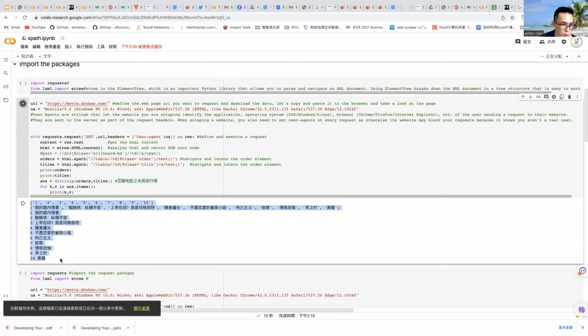This is what we can get from the scraper. We get number 1 is 我的婚内情事. The 2 is Spider. The 3 is Still God exist, and all this kind of thing.